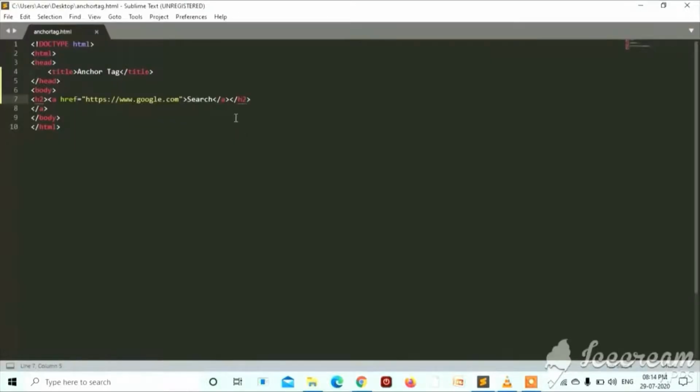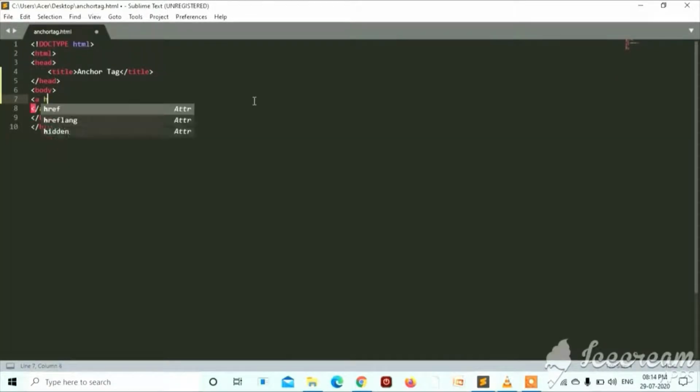So now let us dive into the main code and see how an image, email, link, phone number can be used as a link. Firstly, we are going to do this for an image. Let us remove this code. So I'm removing this from here, and let's start to do it for the image.